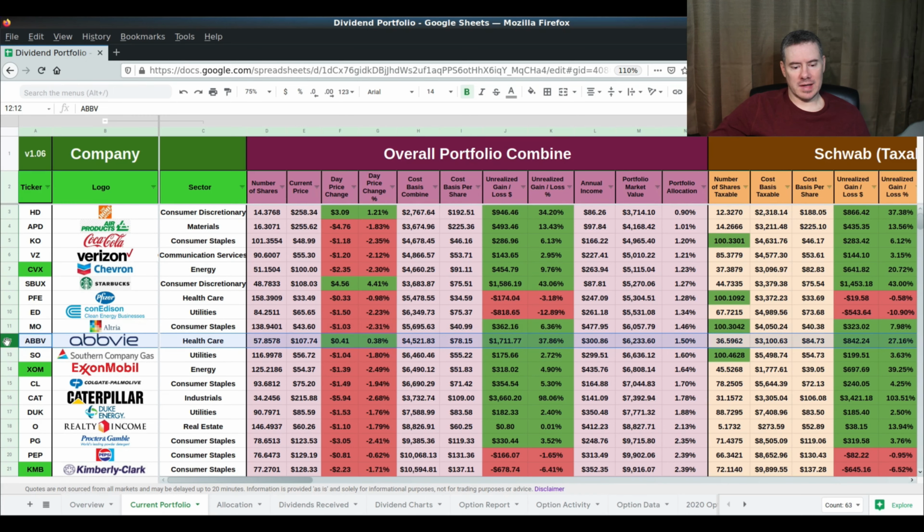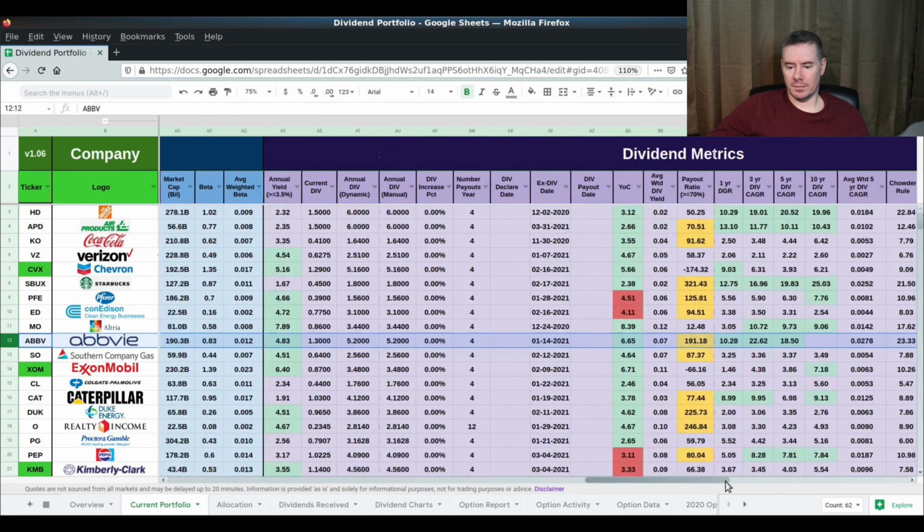Next position here is AbbVie, and AbbVie, obviously, they've done pretty good. Got a good cost basis on AbbVie here. Got 58 shares, roughly 57.85 shares, and my average cost basis is about 78. I'm up 37, almost 38% in that position alone, and my yield on cost on AbbVie is